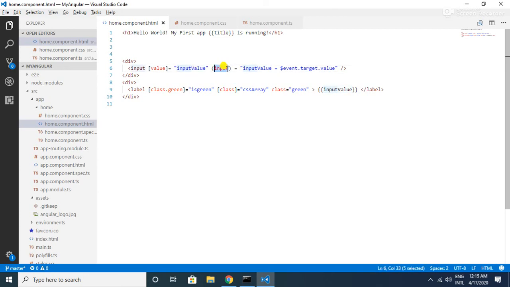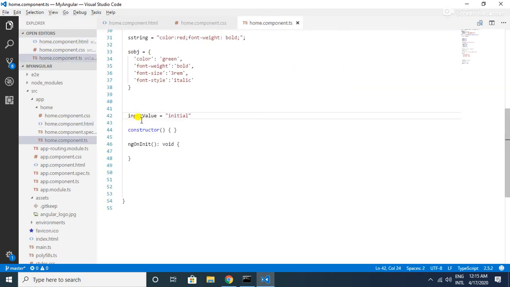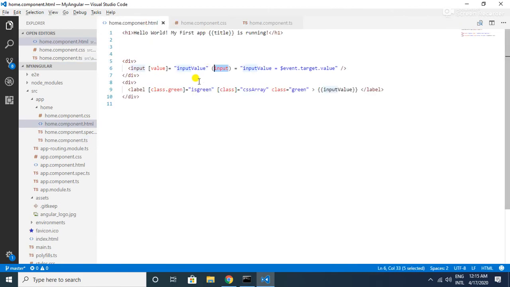That is the reason whatever value we have initially in the component, we reflect back into the browser using property binding, and whatever data is entered by the user in the input tag, we bind back to our variable, and we are able to show that in the label text. So this is happening from both sides. This is nothing but two-way binding. So property binding and event binding together make a two-way binding.